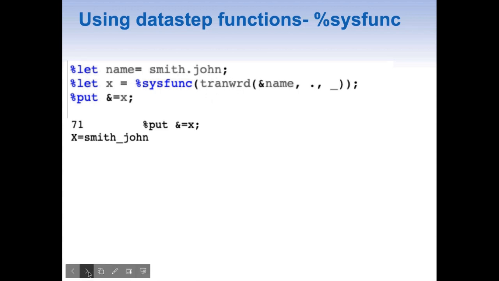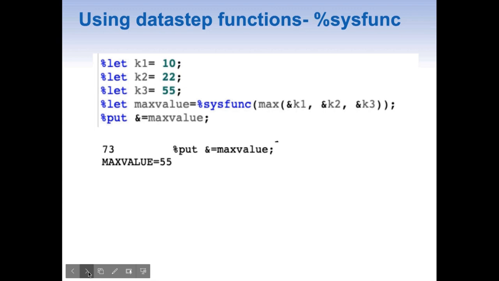Now let us try to use one of the numeric datastep functions. Again, pretty straightforward, pretty much the same. All I am doing is creating three macro variables k1, k2, k3, with the values of 10, 22, and 55. And what I want to do is find the max value from these three macro variables, and I can simply do that with the max function followed by my three macro variables, which are my arguments